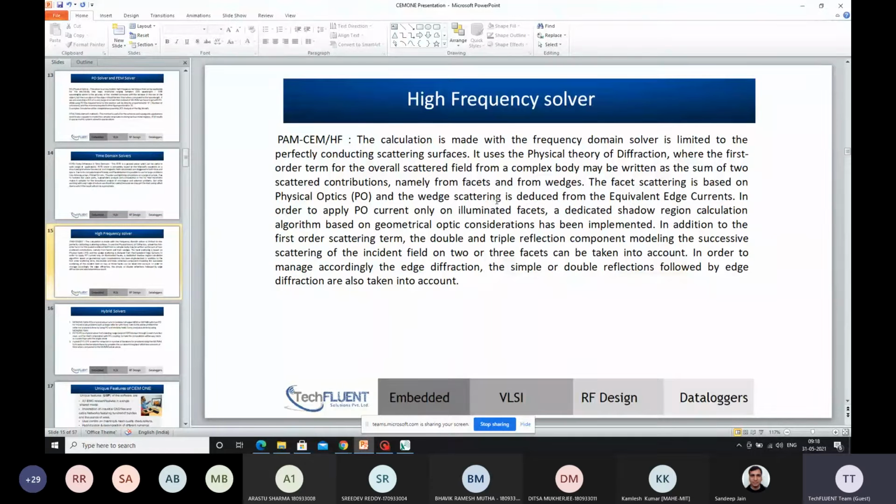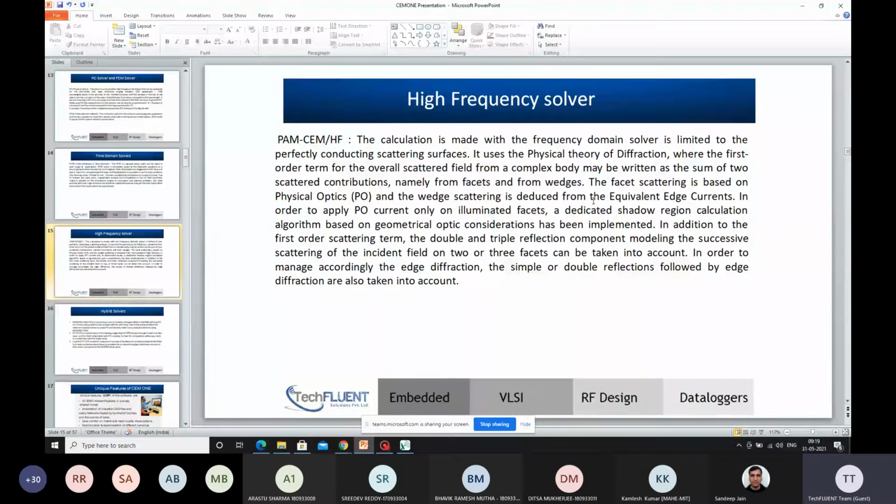If you're taking a big aircraft that you want to simulate with this physical optics, the high frequency solver, it completely solves the problem in terms of optical illumination. It produces illuminated beams on top of the structure in all directions, based on which you get facets and wedges.